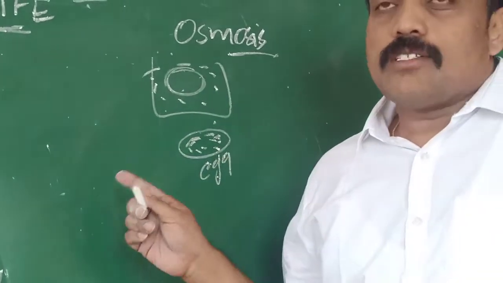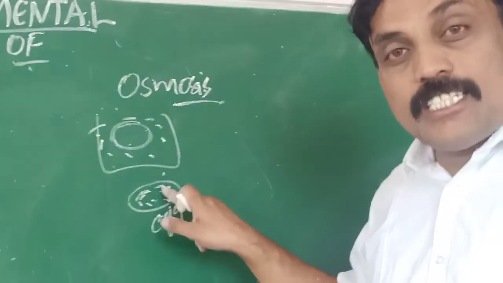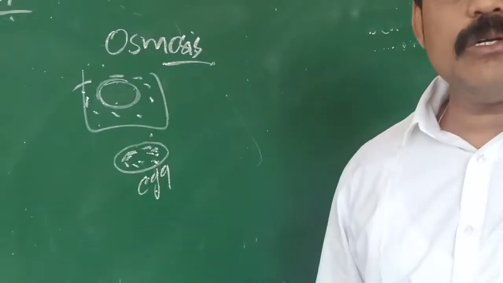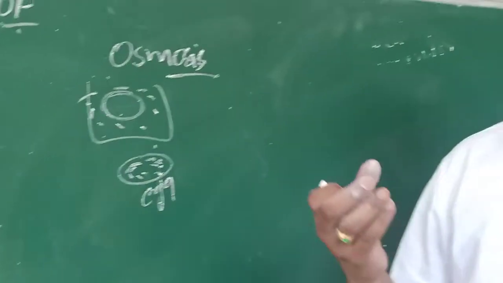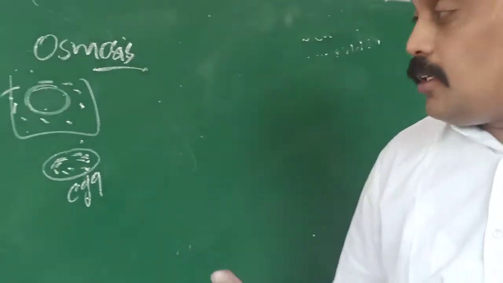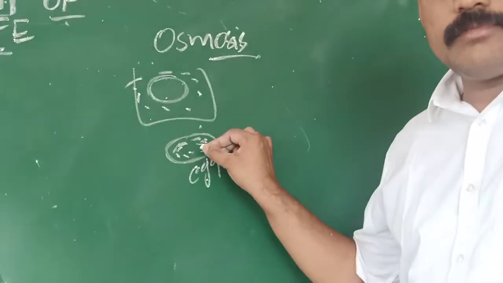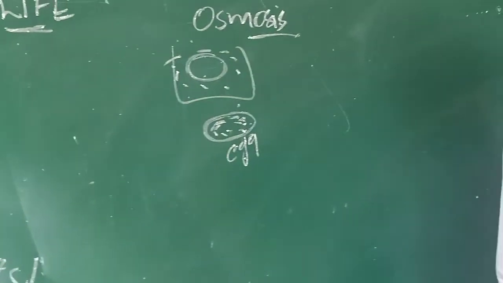Somebody may think, sir, boiling. Don't boil. If you boil, what will happen? Whatever yolk is inside will also be boiled. Don't boil. Just keep it in dilute HCl or whatever we use in the bathroom, especially that. But we remove only the outside shell. After that, what do you have to do?